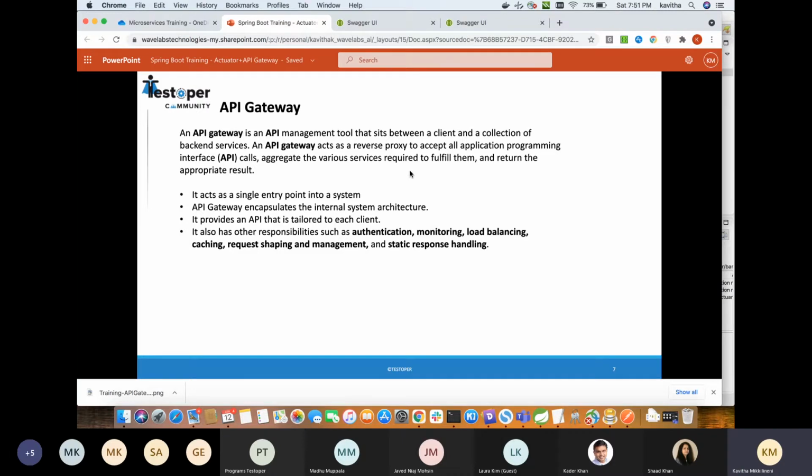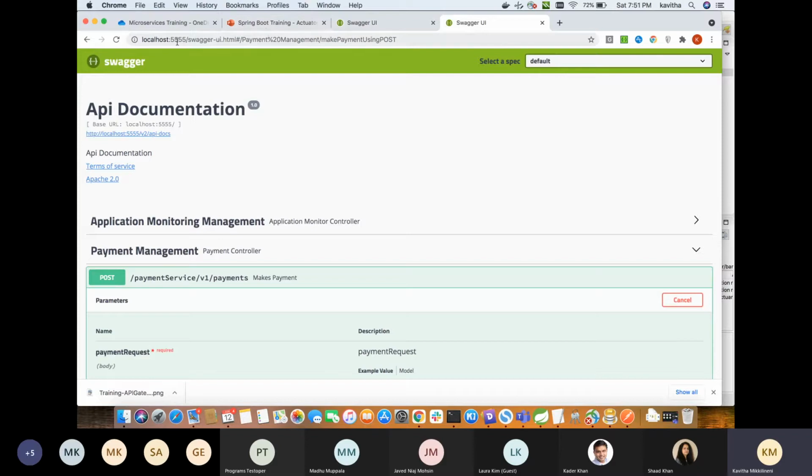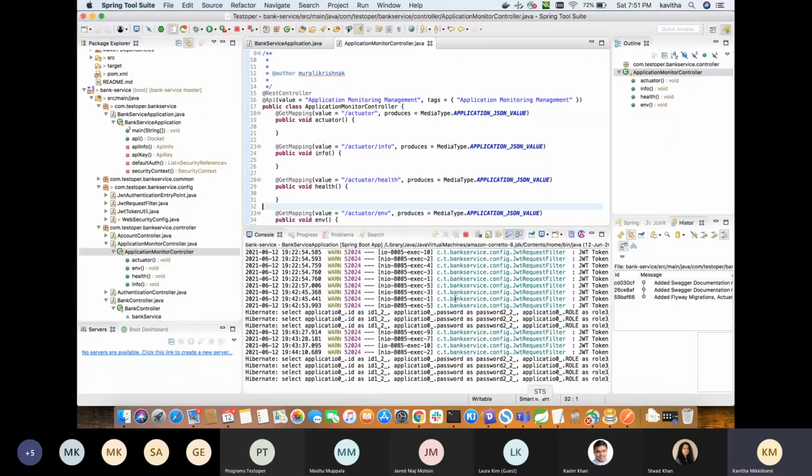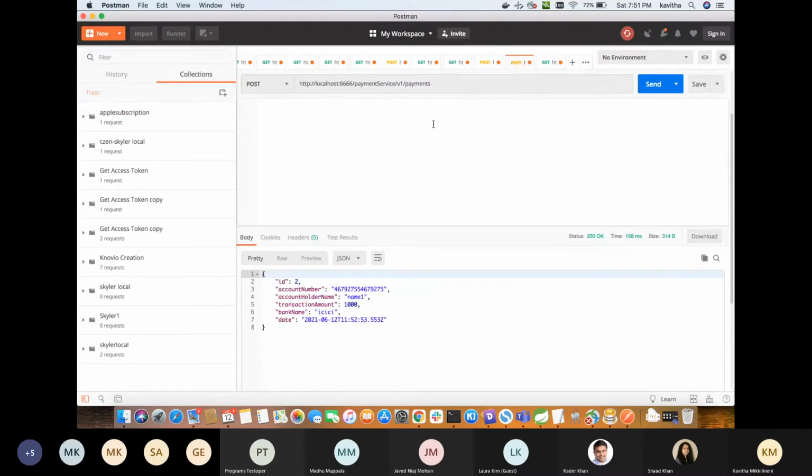In our case, we have localhost 8085 for the bank service, and we have localhost 5555 for the payment service.